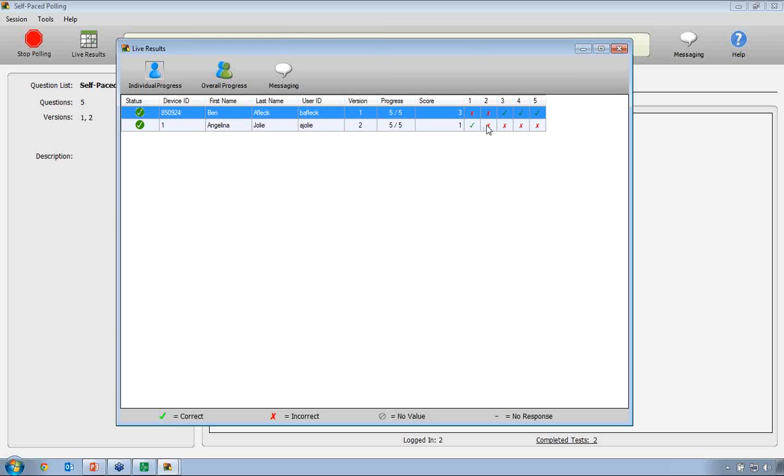You can also use it as an indicator, right? If Angelina here was sitting there, you can see she's only gotten 1 out of 5 questions correct so far. If it's a huge class with 500 students, it's maybe not so realistic, but if it's a smaller class, 30, 40 people, and you know specifically where Angelina's sitting and who she is, you can kind of go and say, hey, what's going on? Maybe it's a matter that she selected the wrong version number, right? Things like that. So it's very easy to monitor the students' progress as they go if you want to.